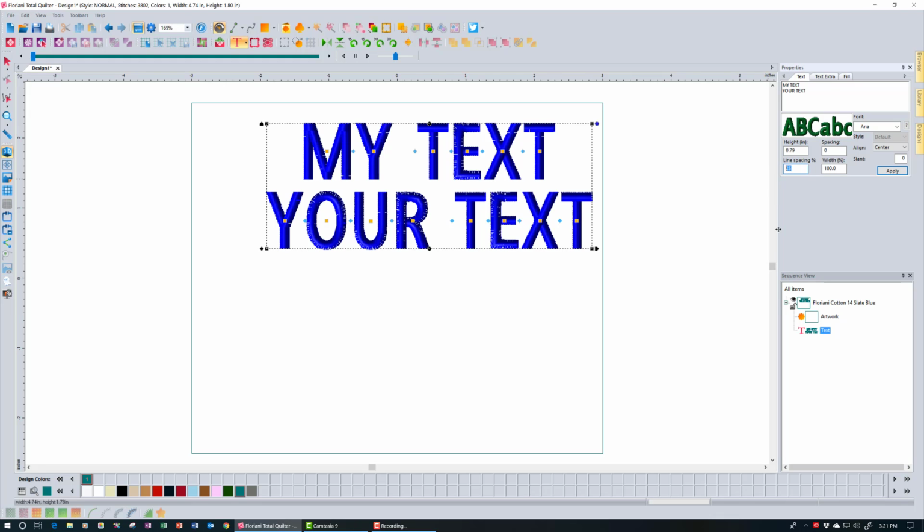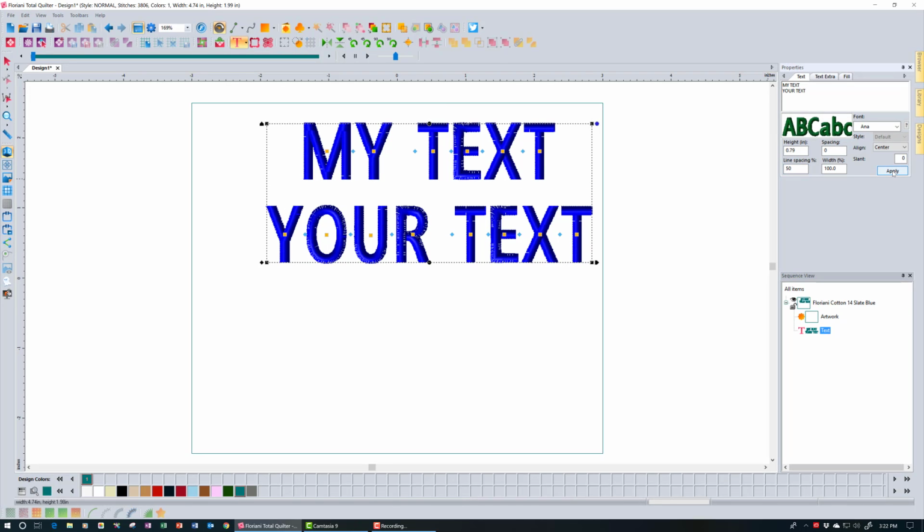So if I put in 50%, so let me put in 50 and click apply, you will see that it changes the spacing between the lines to be wider. Okay, so now we've got it wider. So I can change this to anything I want. If I want them closer, I can make them closer. Again, this number doesn't mean anything if you only have one line of text. But this is the best way to align different lines of text. So I'm going to go ahead and put it back to the 25% default